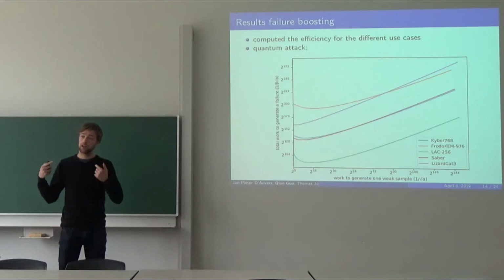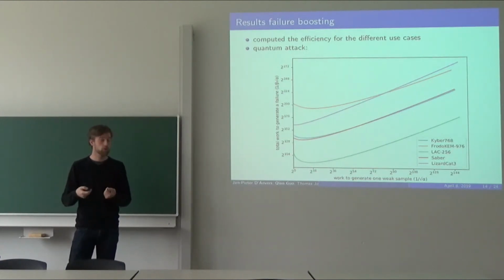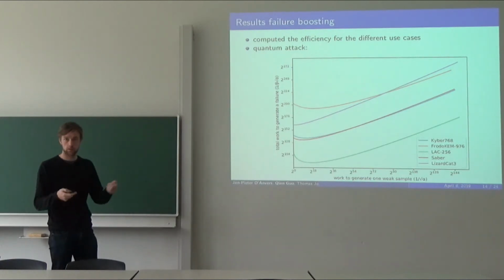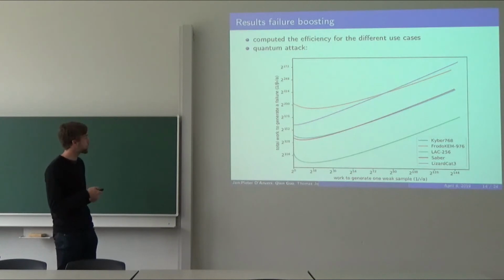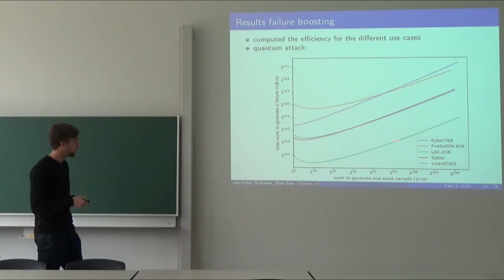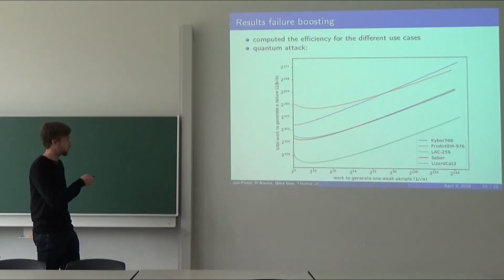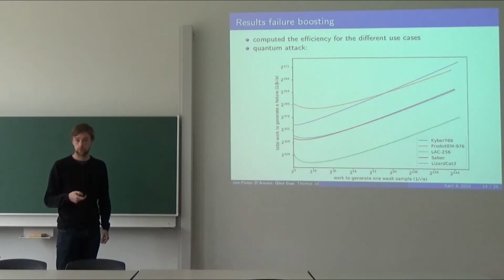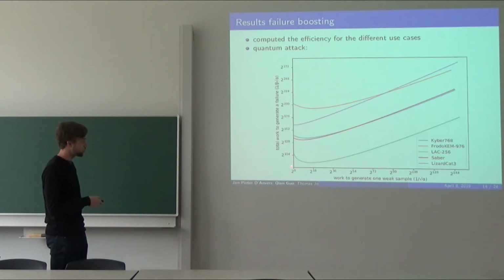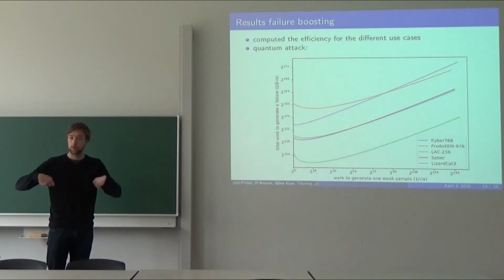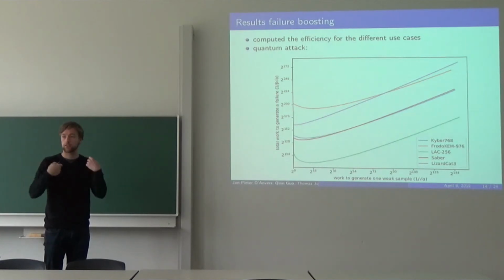So we have, in all of these cases, computed the efficiency of finding one decryption query. We generated plots for that. So this is for the quantum attack. And what you see is, on the y-axis, the total amount of work that you need to do: the total amount of ciphertexts that you need to generate, of hashes that you need to calculate. And this is the pre-computation that you do to obtain one of these weak samples. If you don't do any pre-computation work, then you will end up with this delta that we had before. You just generate one ciphertext and submit it.